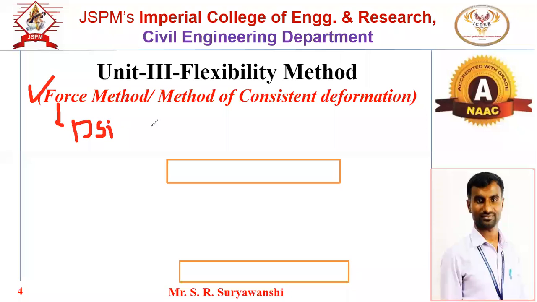So what is the prerequisite? You should know what DSI is, and DKI also. In stiffness we have to find out the DKI. You should know the formulas for simple cases. Moreover, this flexibility method deals with the DSI. If the DSI is 2, it means 2 forces are unknown, and we have to find those forces using this flexibility method. So that is what is called the force method, as it depends on the DSI calculation or DSI value.